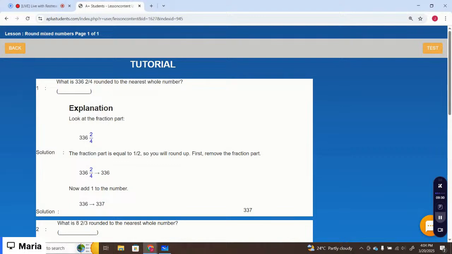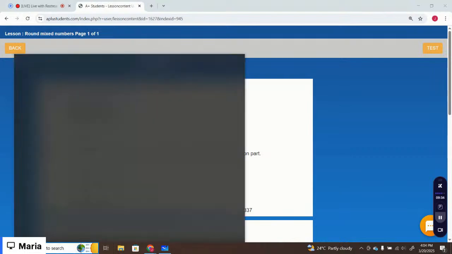If the fractional part is equal or greater than 1 by 2,